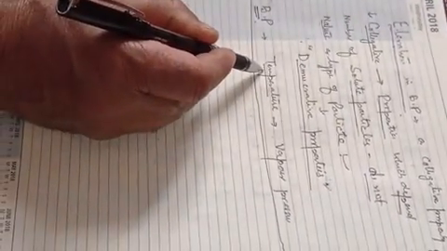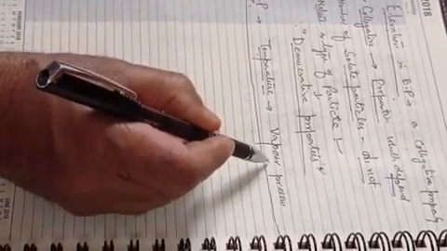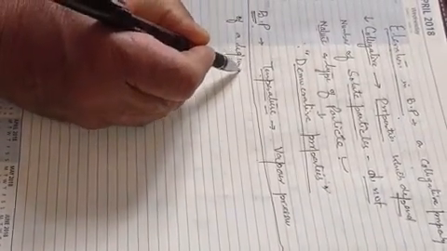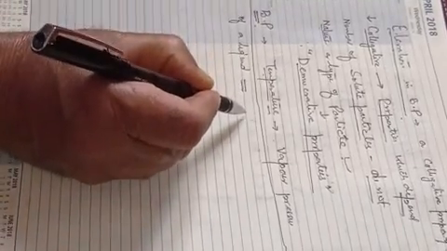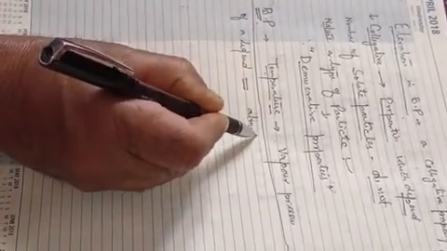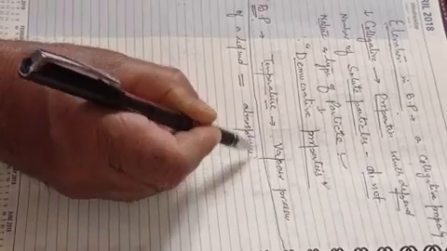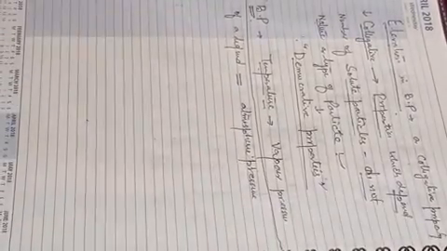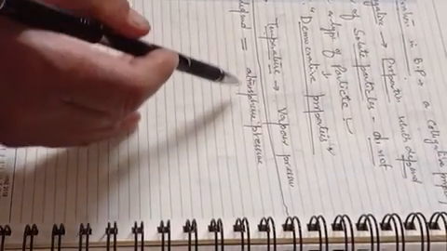Boiling point is the temperature at which the vapor pressure of a liquid becomes equal to the atmospheric pressure. So that temperature at which the vapor pressure of the liquid becomes equal to the atmospheric pressure is known as the boiling point. Now, when a non-volatile solute